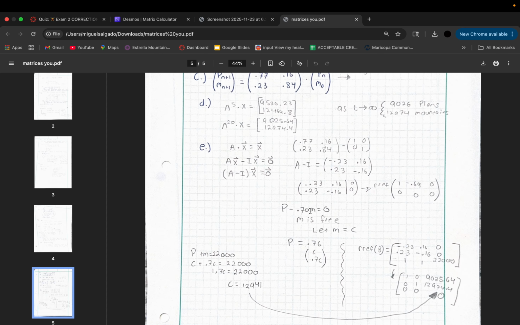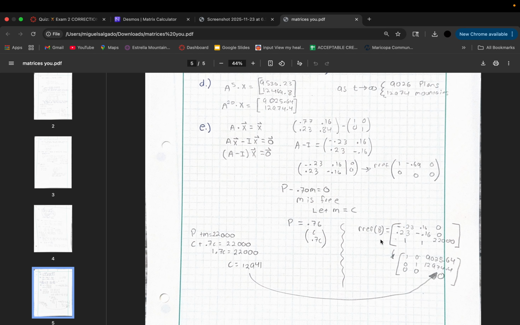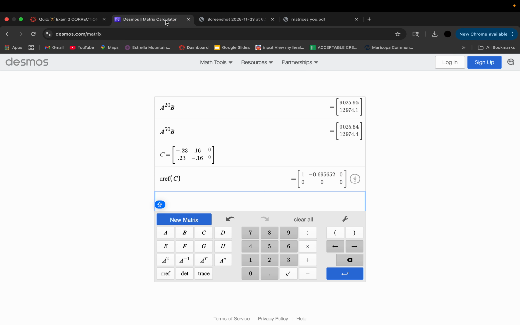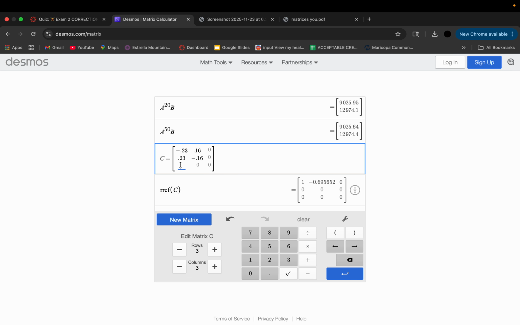So if we move our 0.7 over to the other side, we're basically saying that p is equal to 0.7 m. Sorry, I apologize for the 6. That's supposed to be 0.70, and we're basically saying p is equal to that, and then c is its equal value counterpart down there. If we look at this bottom portion right here, if we were to do the REF of B, all we're going to do is add an extra row. So we're going to say 1, 1, and this is the total inhabitants of